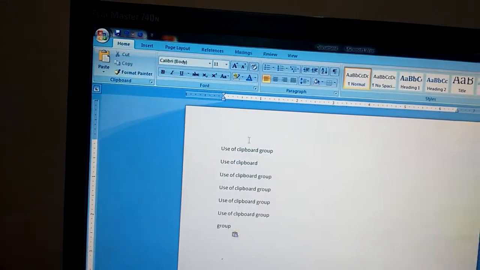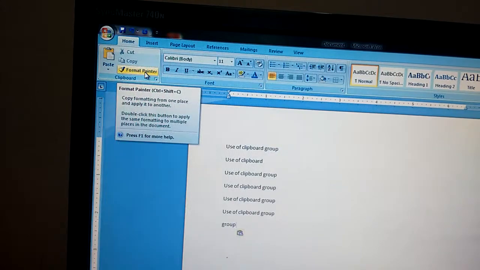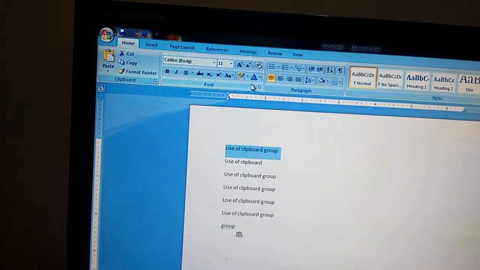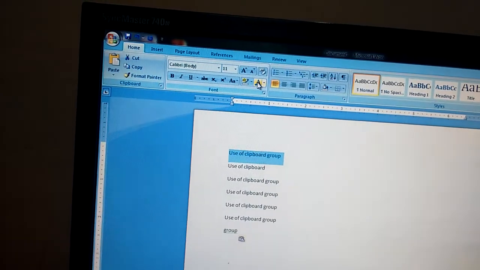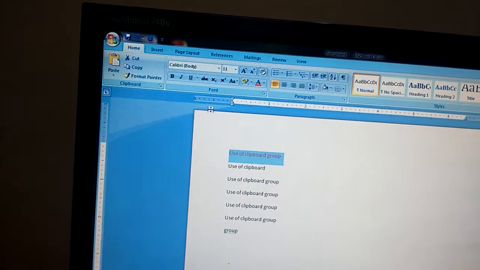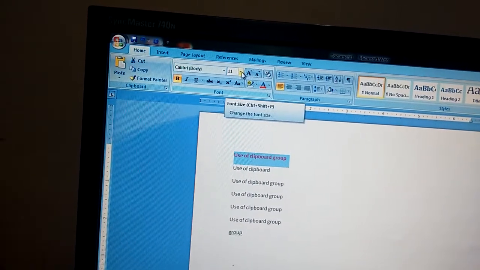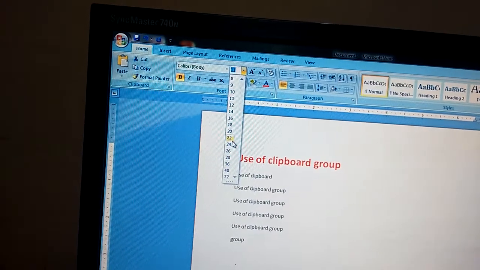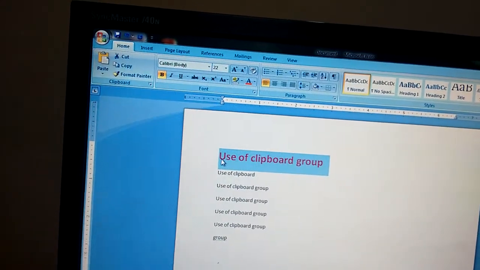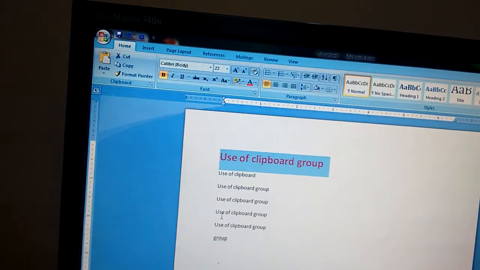Understood? Now we will learn the use of format painter. Suppose you have formatted here: you have changed the color, made it bold, and set the size to 22, and now you want this format on these lines also.